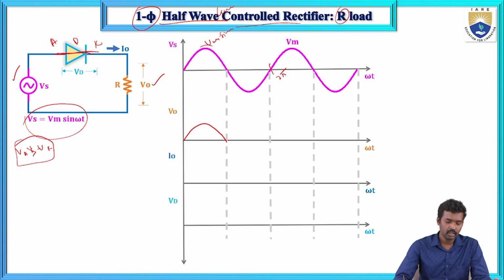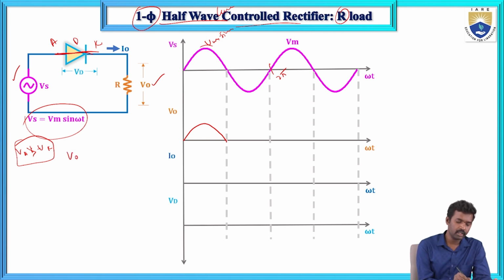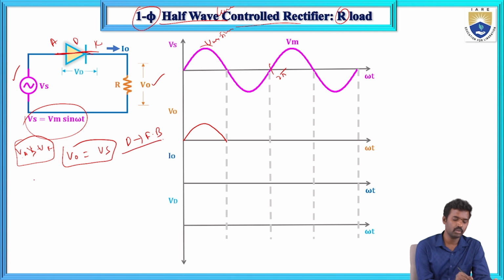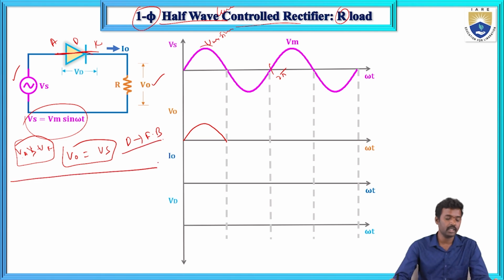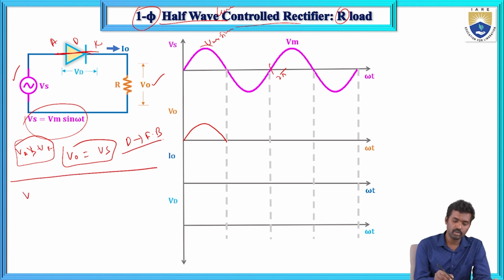And now here, what about the current? V0 equals Vs only when VA is greater than VK. So the diode is in forward bias condition only. Now in the second case, VAK, so the